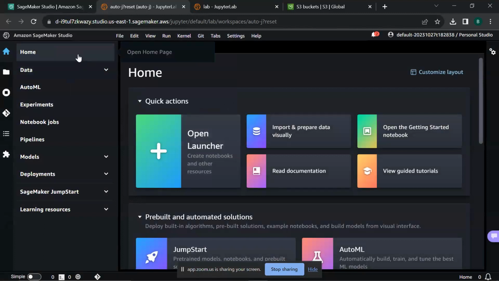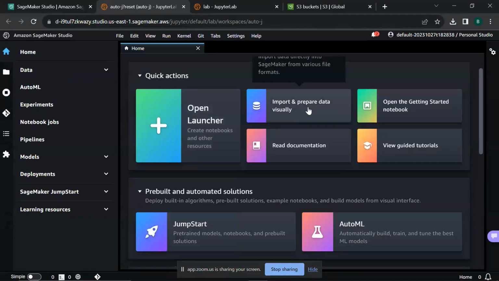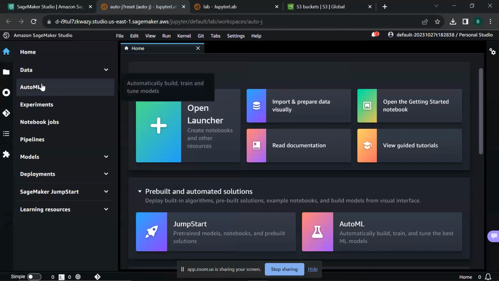the Amazon SageMaker Studio. You can launch notebooks, you can prepare your data visually, you can use other services that will enable you to perform data preprocessing without writing any codes. That's what we talked about earlier, the SageMaker Data Wrangler. We also have the SageMaker Feature Store that enables you to share features. We'll be going through that in a few. So this is the homepage for the SageMaker Studio.